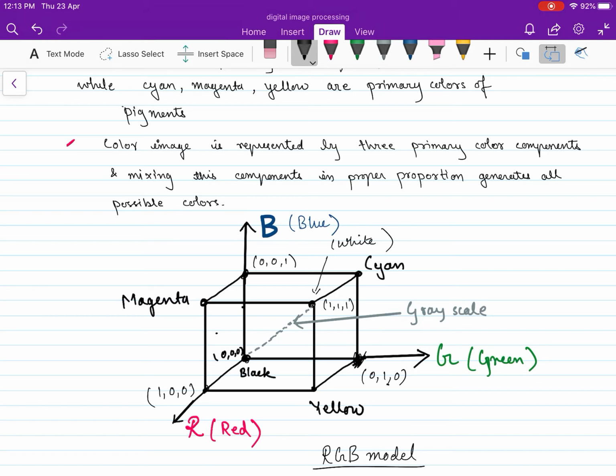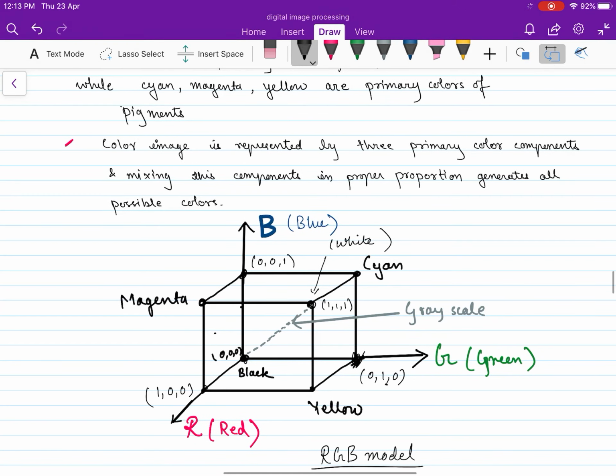And 0 0 0, where there is no color, is represented as black. When we have all the colors, we represent it by 1 1 1, and that is white.